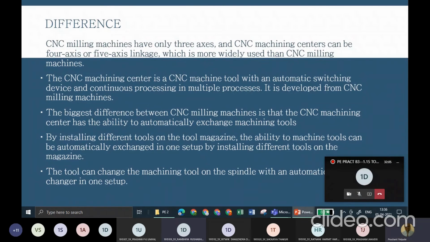The biggest difference between both types is that the CNC machining center has the ability to automatically exchange machining tools. By installing different tools on the tool magazine, the machining tool on the spindle can be changed automatically in only one setup.